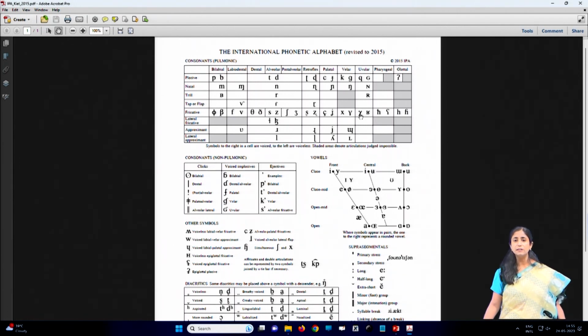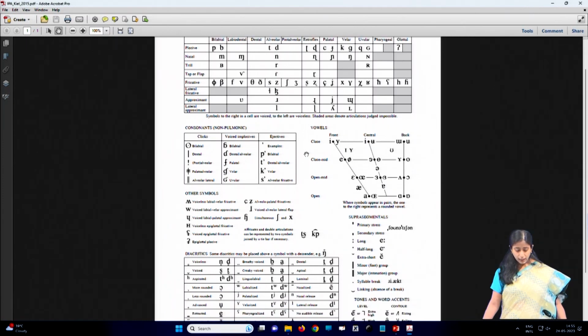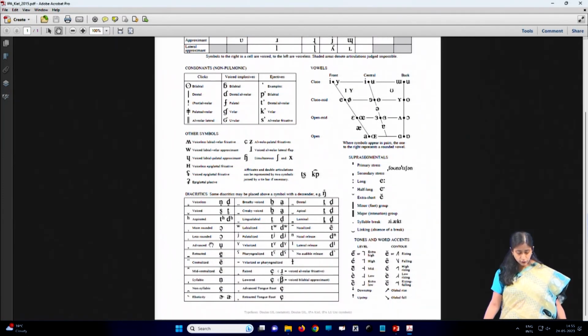All these symbols have their own particular sound, which you can find at the link I have shared in the suggested readings, where you can click and listen to each of the sounds to know the difference. I would also suggest that you try to articulate each of those sounds, so that you know the exact articulation process and how they differ from one another. That is very important to know for both the consonants and the vowels. And in the process you can also explore different diacritic symbols.